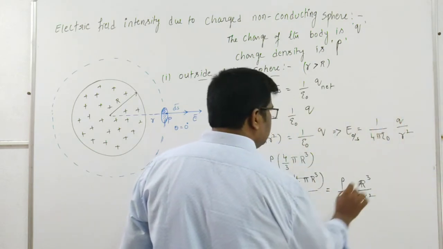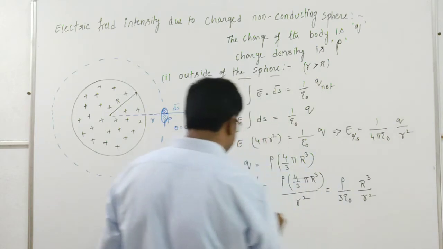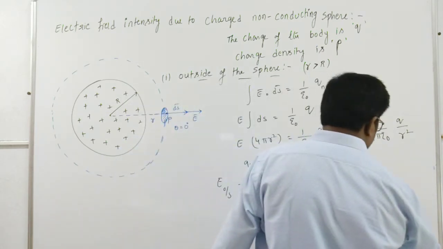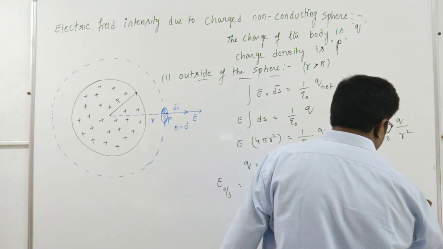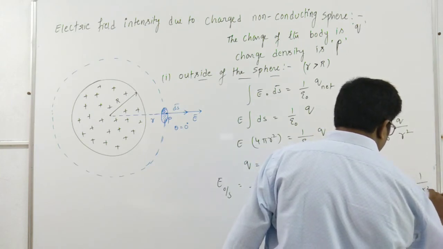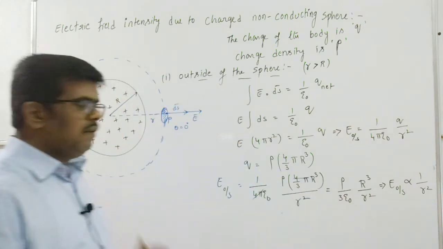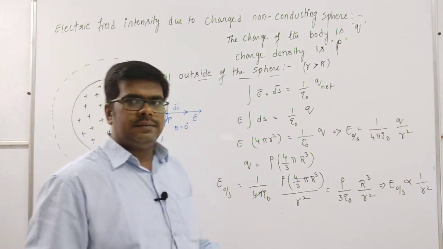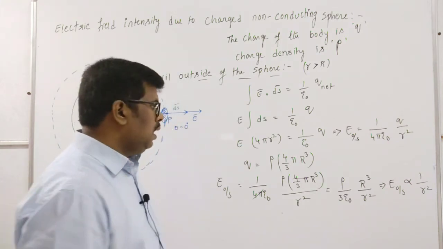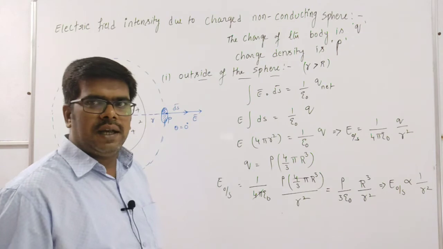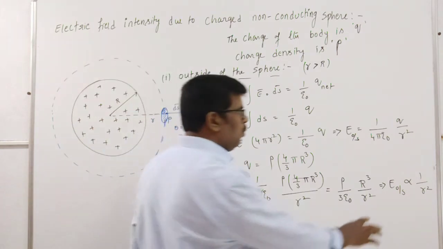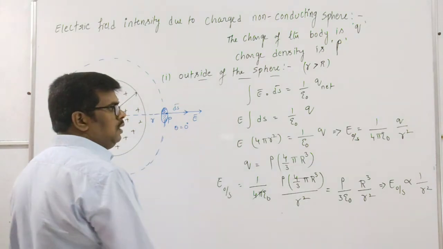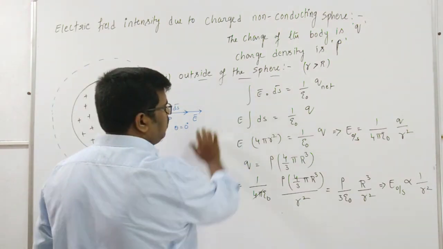So electric field intensity is inversely proportional to r square, as well as here also, outside, electric field intensity is inversely proportional to r square. So I am writing that E outside is inversely proportional to distance square. This is the expression we have. Now, if we are going to take it on the surface, what changes can we make? Here the small r place we need to write the capital R. So the expression you observe outside of the sphere.